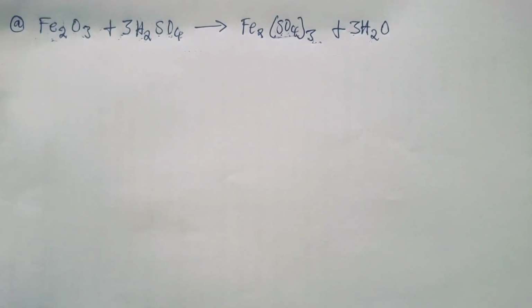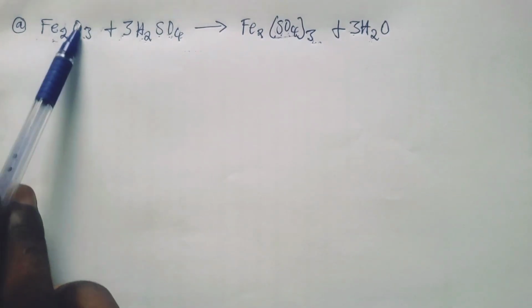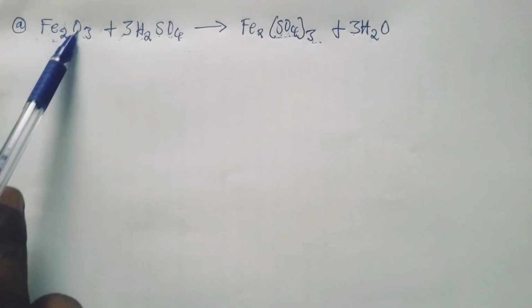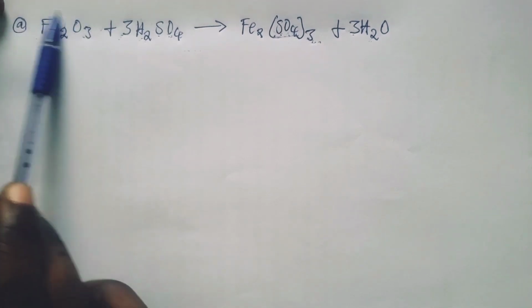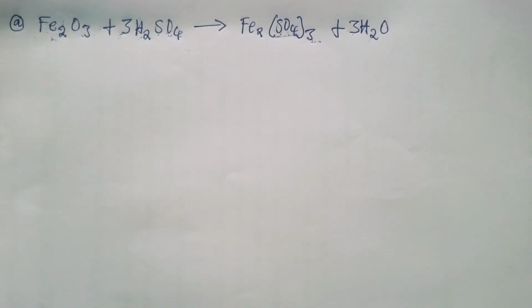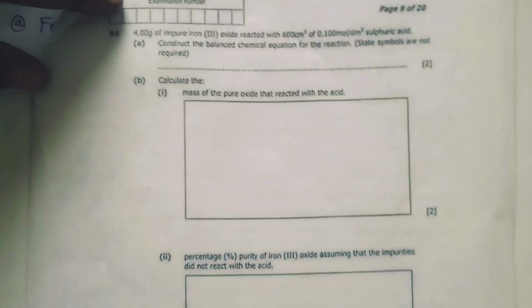Whenever they ask you under mole concept to find something, like in this case, they want us to find the mass, they will always give you what to use. That is always the case. They cannot ask you to find the mass without giving you something to use. So whenever they ask you something, go back to the question and see what you have been given. When you look here,